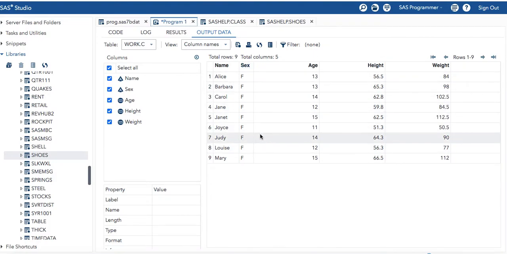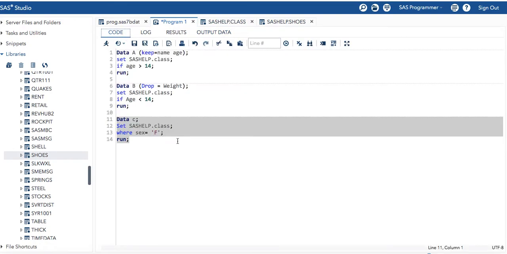So we said capital F, so wherever it is F, it's picking up all those rows.